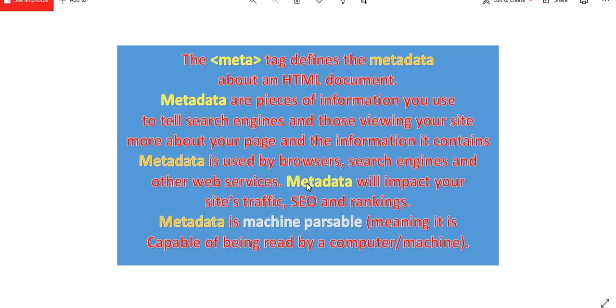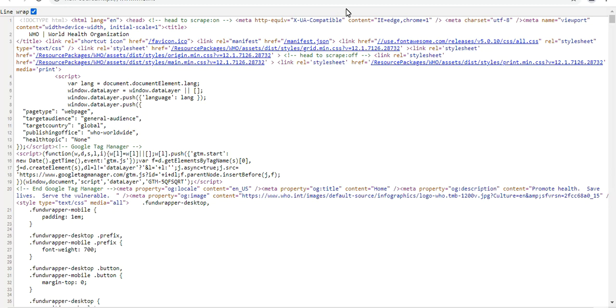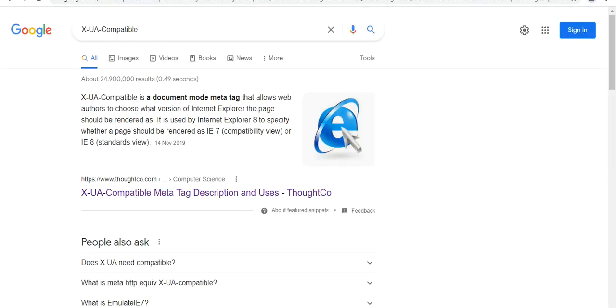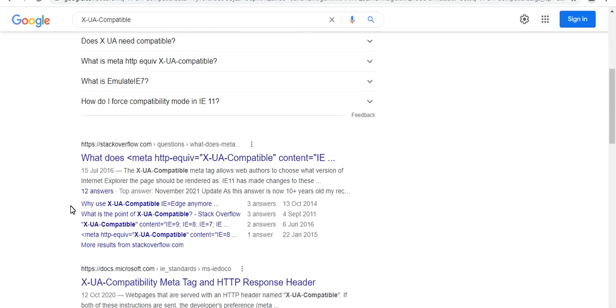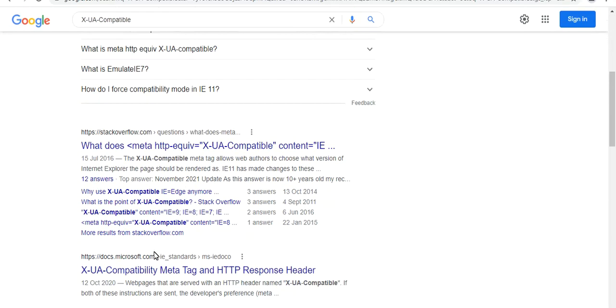Now, metadata will impact your site traffic. That's when you see that when you search for something. Let's say, for instance, I went to this place and I'm searching for something. If I search for something, Google tells me about this result. Now, Google comes up here. The first one Google shows you has a stronger search engine